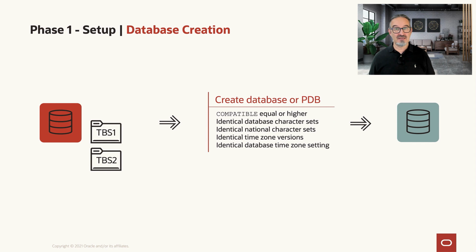So let us start here with the creation of our target environment. And this can be a database or a pluggable database, doesn't matter. As you remember, compatible equal or higher than the source, identical database character sets, identical national character sets, identical time zone versions, and identical database time zone settings. And with that,